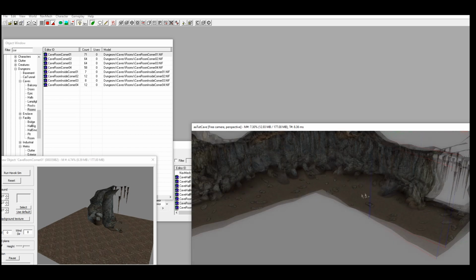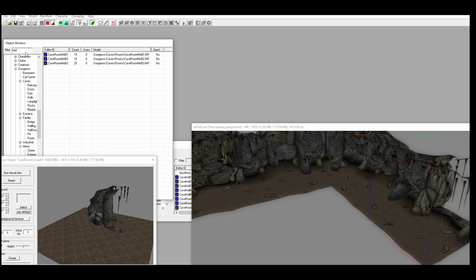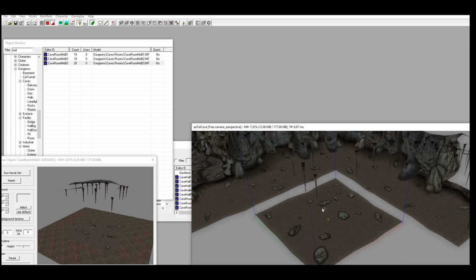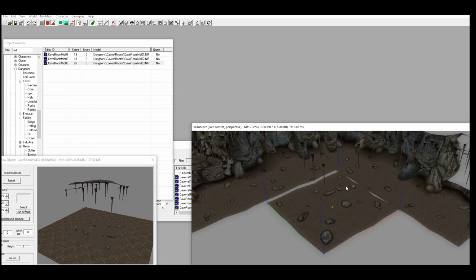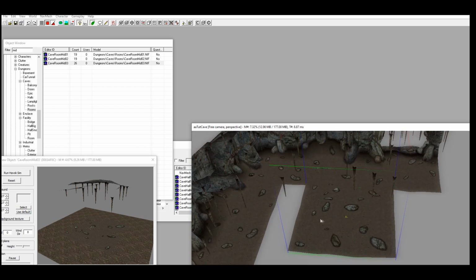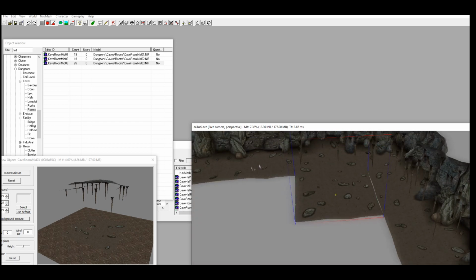All right, and then still in the room section, we'll type in mid. Now these mid pieces, I'm gonna tell you right now, do not get discouraged. Because these things will create seams no matter what you do, in my experience. If you know a way around this, or if I'm doing something wrong, let me know in the comment section. I'd really appreciate it. But as far as I know,